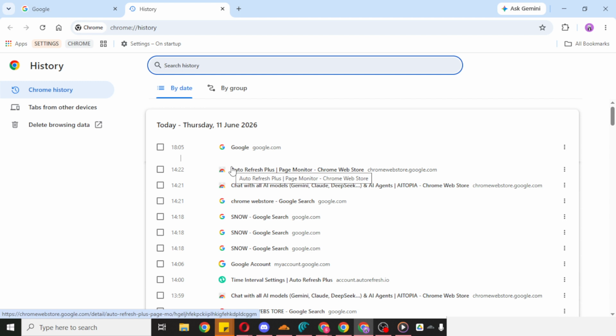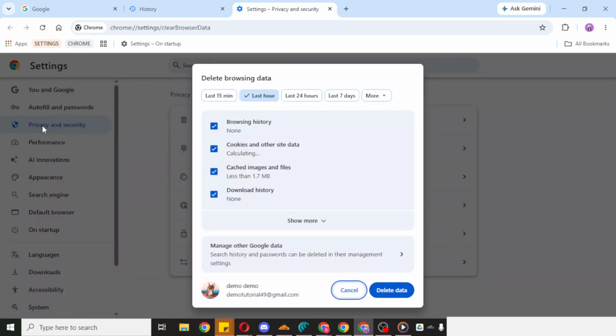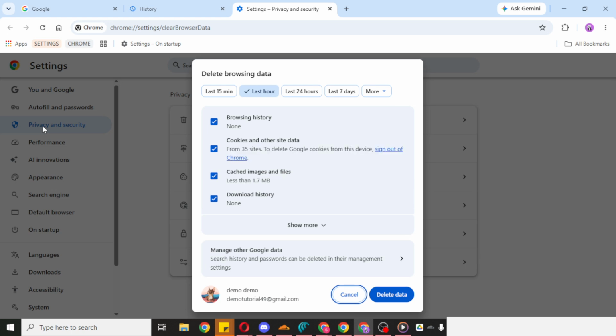Clearing browsing history is often useful if you want to tidy up your browser, improve privacy on a shared computer, or simply remove old browsing records. As you go through this process, be sure to double-check what you're deleting, especially if you may want to revisit some of those pages later. Viewing your history can be a great way to recover websites you forgot to save, while clearing it can help keep your browsing activity more private and organized.